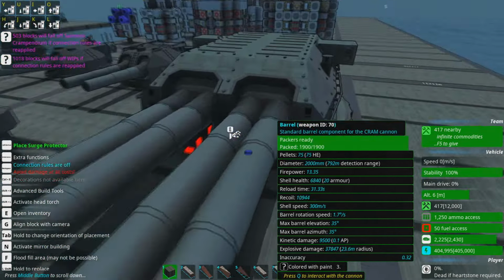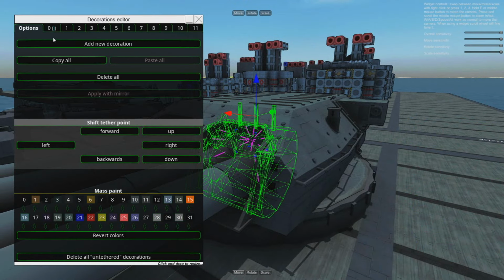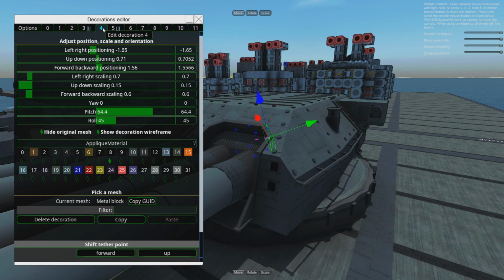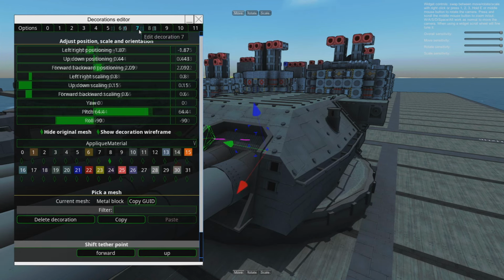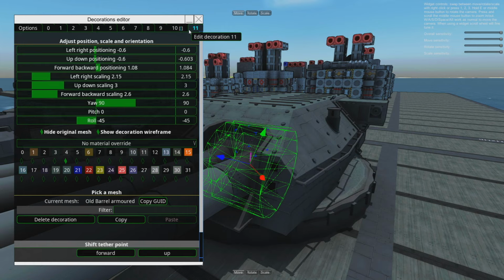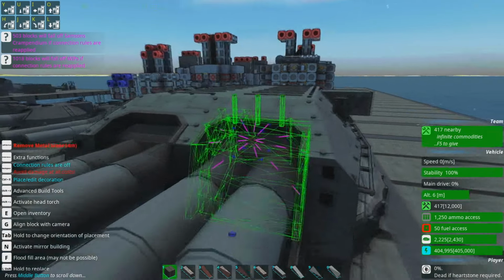Let's look at this mantlet, I swear. Let's see here. Oh my goodness, there's like 11 decos on here. Alright, mimic hexagon. We know about that. There is a metal block, and another metal block. Metal block. Metal block. Deacon's Christmas. And... Okay, old barrel armored. Okay, I gotta remember that, because that is a bloody good...